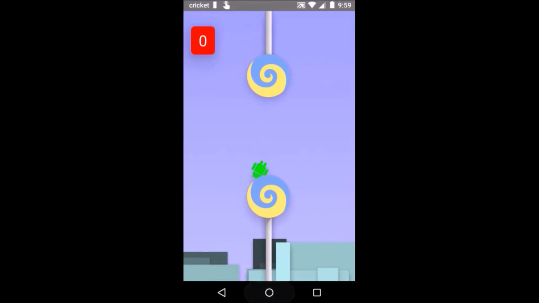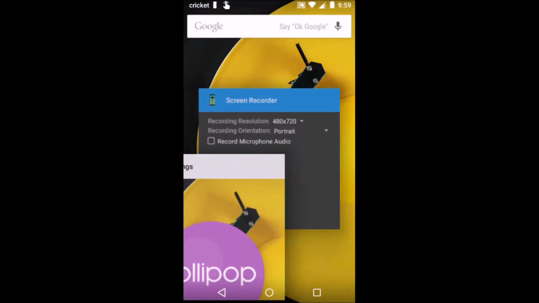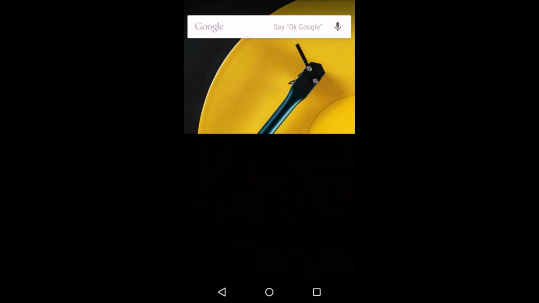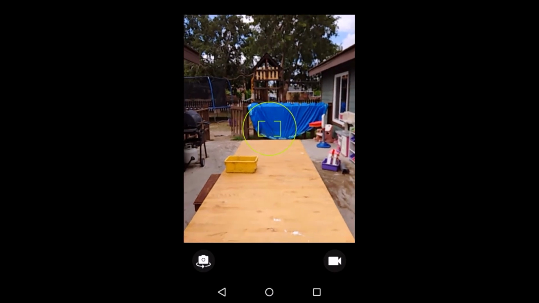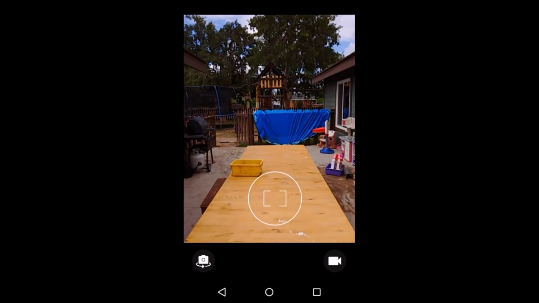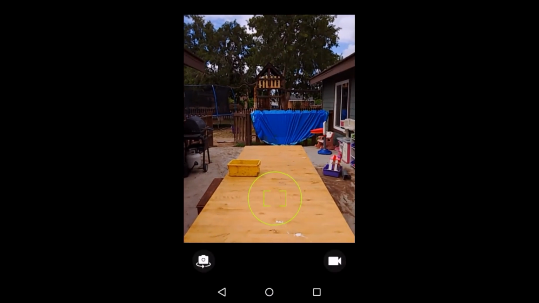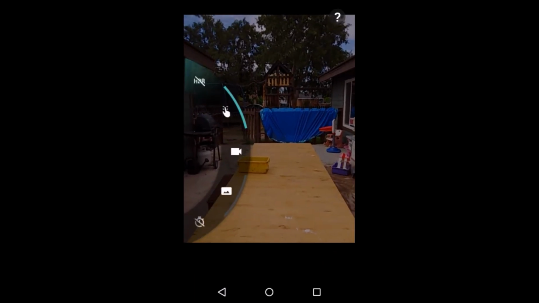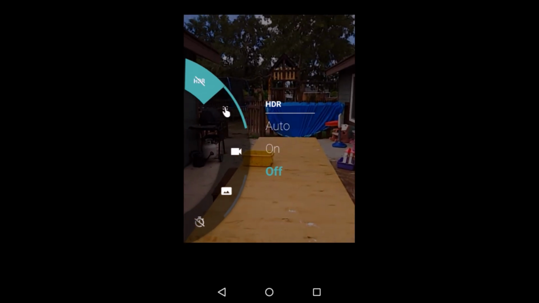A new addition in Lollipop is a new multitasking screen. Let's look at the camera application on the phone. To focus, you tap and drag, and then tap to take the picture. If you swipe in from the left, you'll bring up your options, which include HDR,